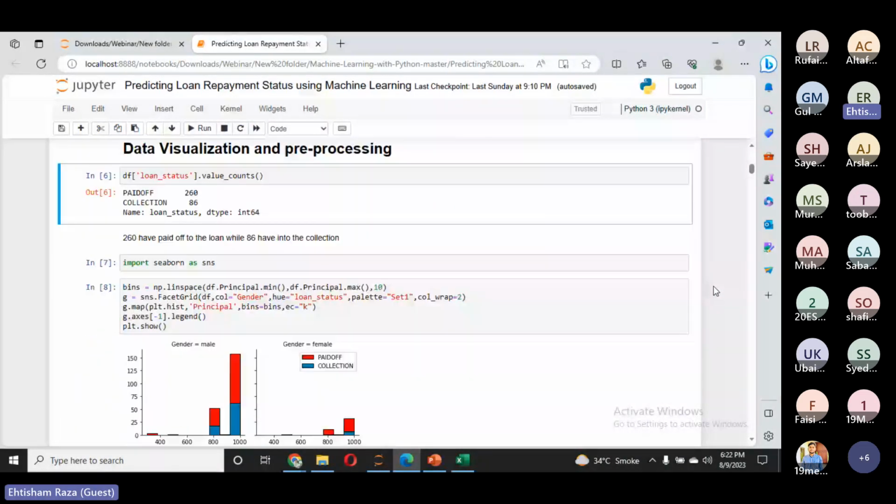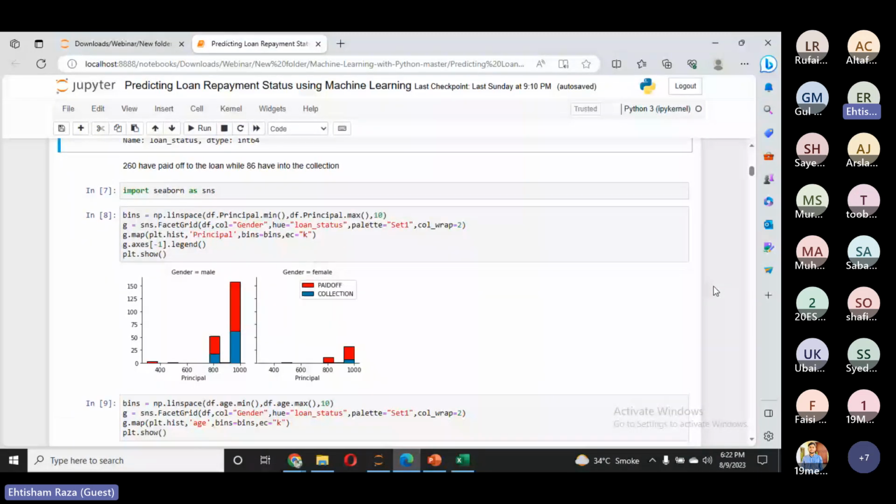So we have created our first visualization based on the principal amount, the gender, and paid off and collection. If you see this, there are two graphs. The first is for the male and the second is for the female, and on the x-axis there are their principal values. What kind of people take loans and have a high chance of not yet paying back, and what kind of people do